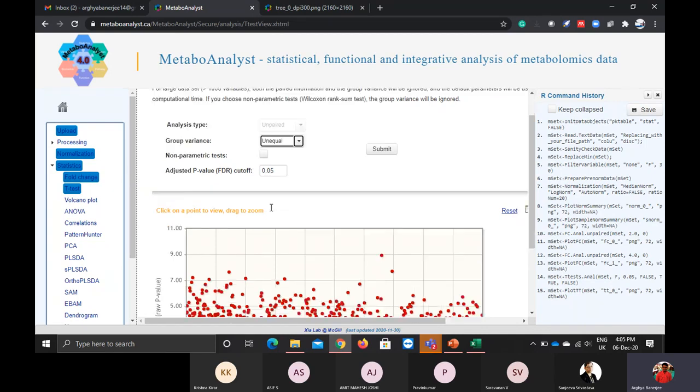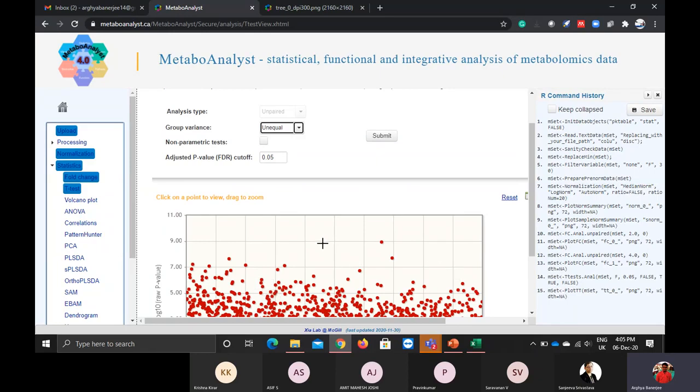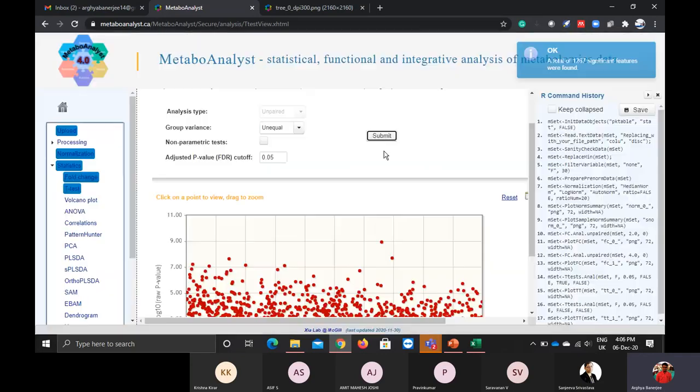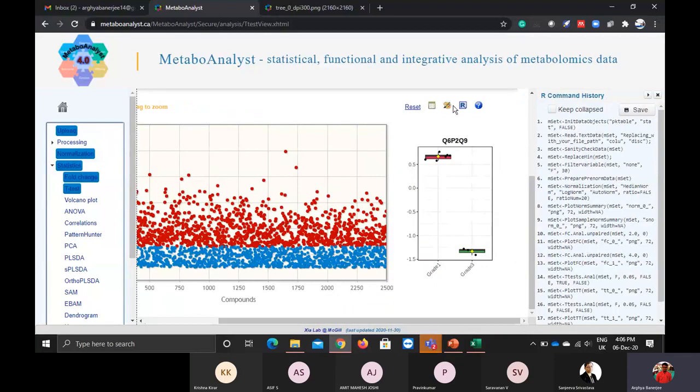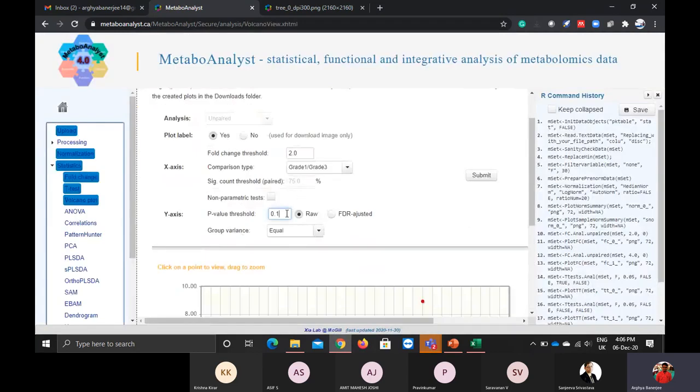Suppose your data is not following a normal distribution. If you know that your QC is not following a normal distribution, you can go for a non-parametric test also. Basically, whatever is Gaussian, we consider that as parametric. You can do a submission. Similarly, if you click on this, you will see your protein here. Simultaneously, you can go to the t-test also, but if you are coming to the volcano plot, you will go at both. So this is the volcano plot.